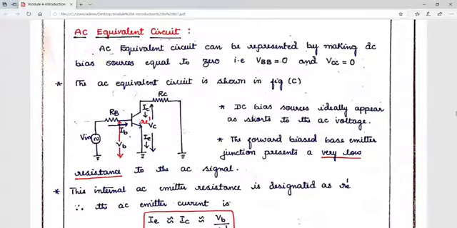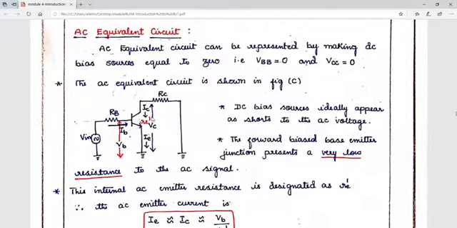Now the DC bias sources ideally appear as a short to the AC voltage, clear, and the forward biased base emitter junction